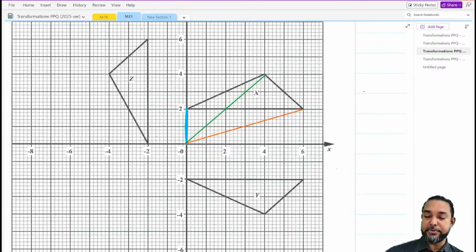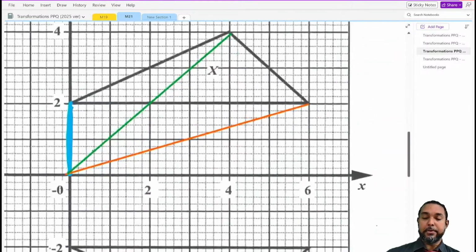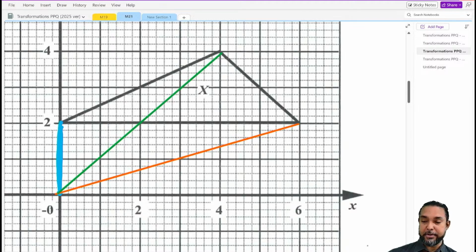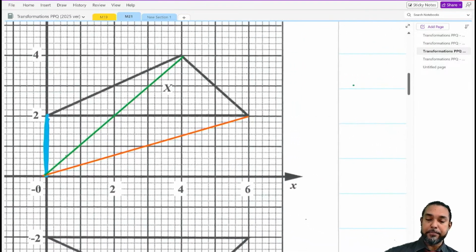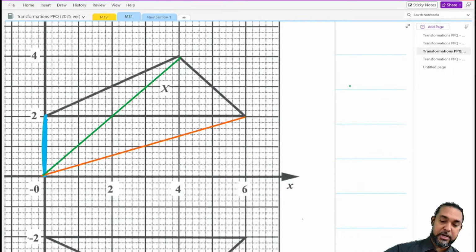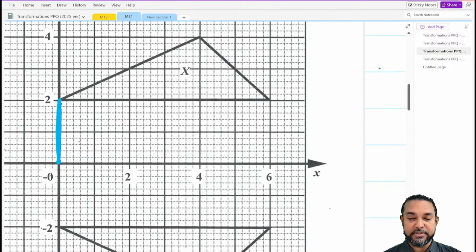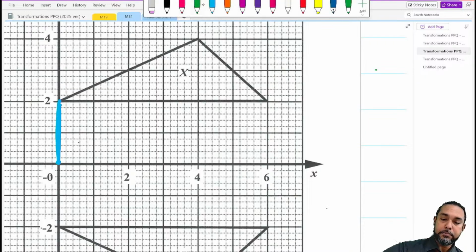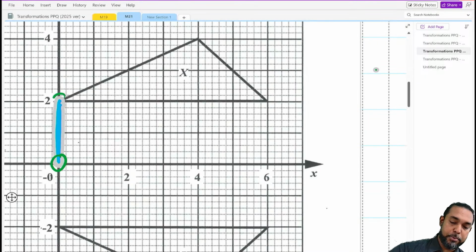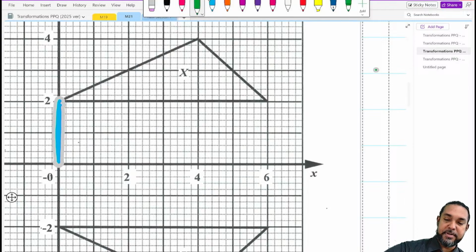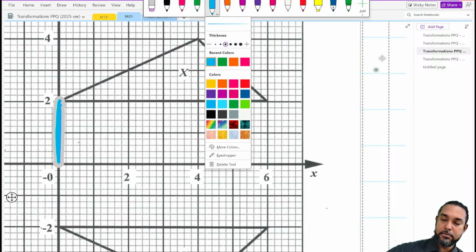Okay, so we have 3 lines here. Each of them is from the center of enlargement to the corresponding vertex, right? What we do is we have to basically scale it down. And what that means is that we have to use the scale factor to shrink it, in this case. Now, what do I mean? All right, look, the best way is to show, because I'm trying to figure out a way to describe it, and I feel like I confuse myself. All right, check it. To go from the center to this point here, how many spaces did I need to move horizontally?